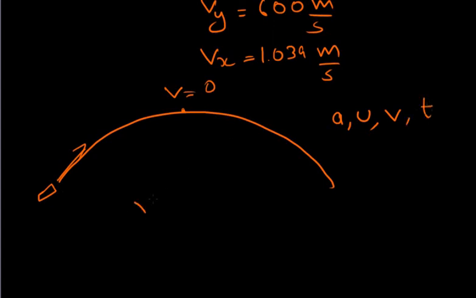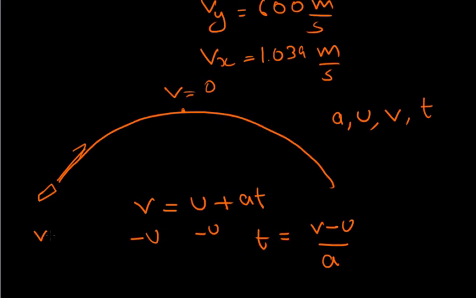There is an equation for that: final velocity is equal to initial velocity plus acceleration times time. If we solve for t, we get that final velocity minus initial velocity divided by acceleration is equal to time. I will show you how it is done. If we subtract initial velocity from both sides, we get that final velocity minus initial velocity divided by time is equal to acceleration. That's done by dividing both sides by t. This side's t will be cancelled, and here it will become like this.